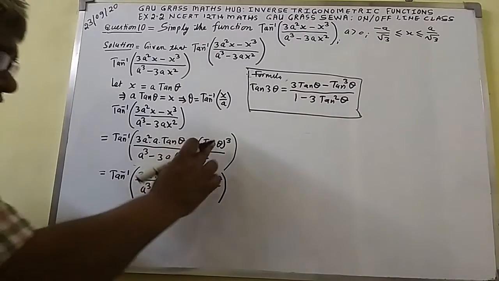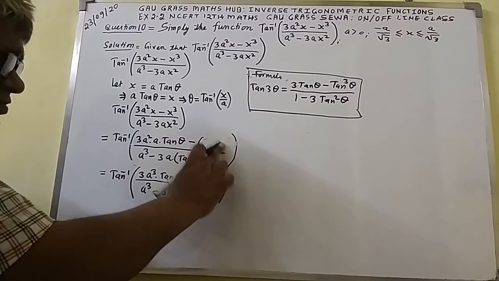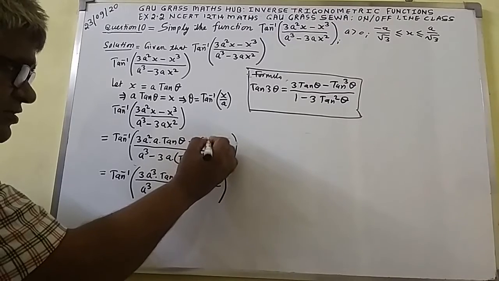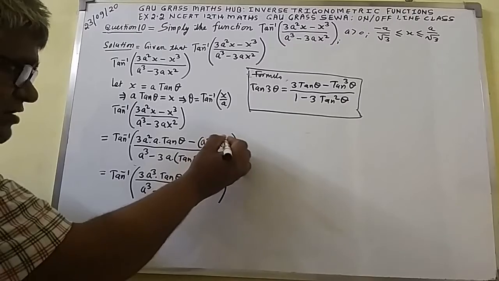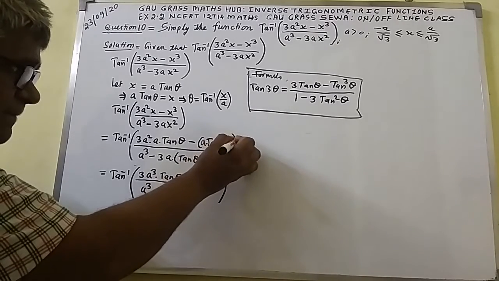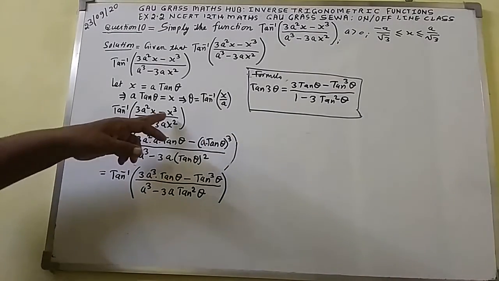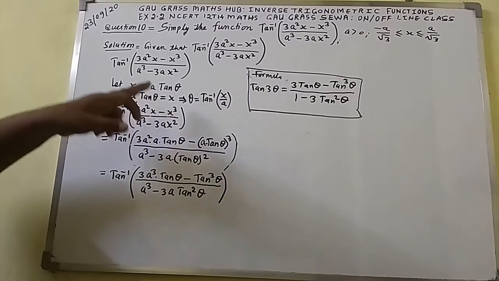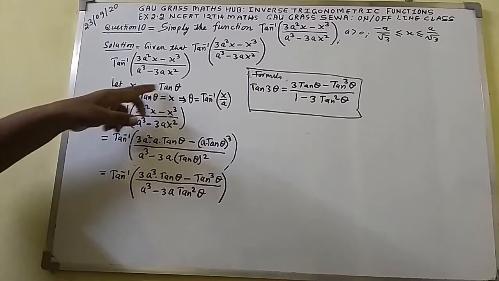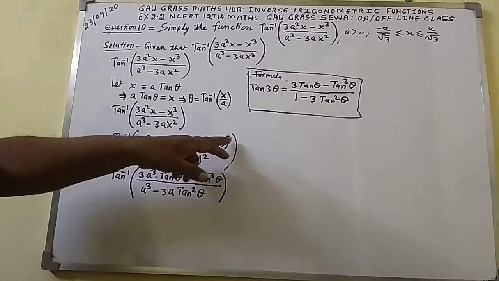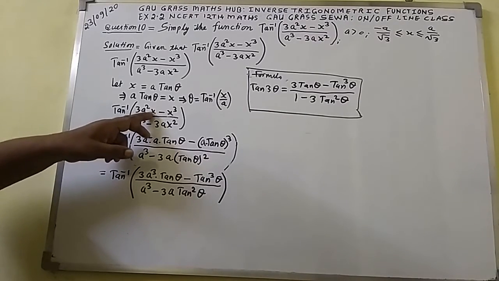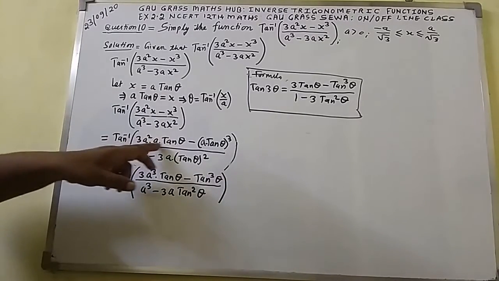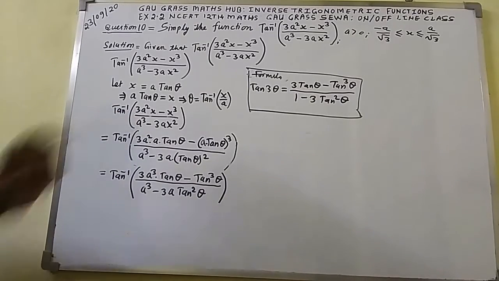So here it will take a tan theta, here it will take a tan theta, a dot tan theta whole cube it will become, because here you can see x is there. In place of x I can write a tan theta whole cube. Here in place of x I can write a tan theta. I have written a tan theta, or 3a square is there.